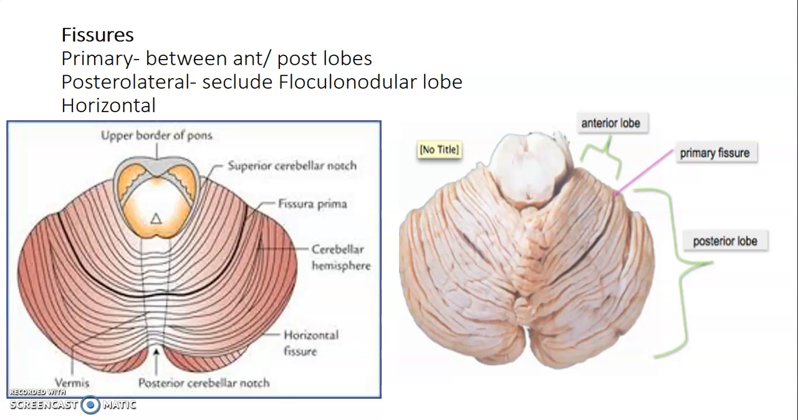What are the fissures of the cerebellum? We have a primary fissure that separates the anterior lobe from the posterior lobe. This is the primary fissure. Then we also have the posterolateral fissure that secludes the flocculonodular lobe. So it's around that region. And then we have the horizontal fissure at the lower portion. So we have the primary fissure between anterior and posterior lobe, the posterolateral fissure that secludes the flocculonodular lobe, and also we